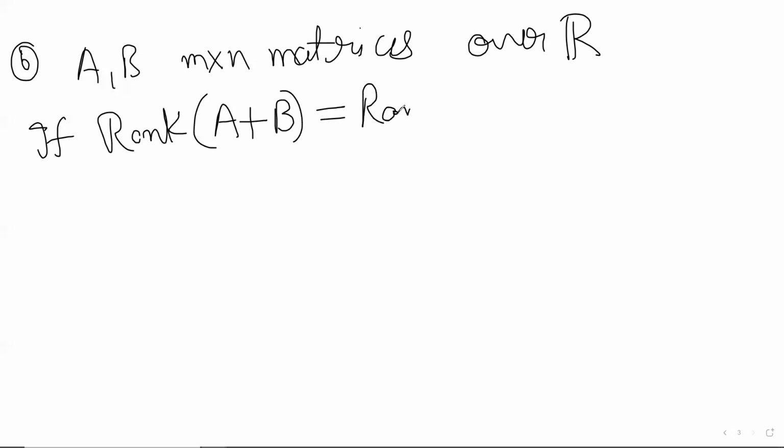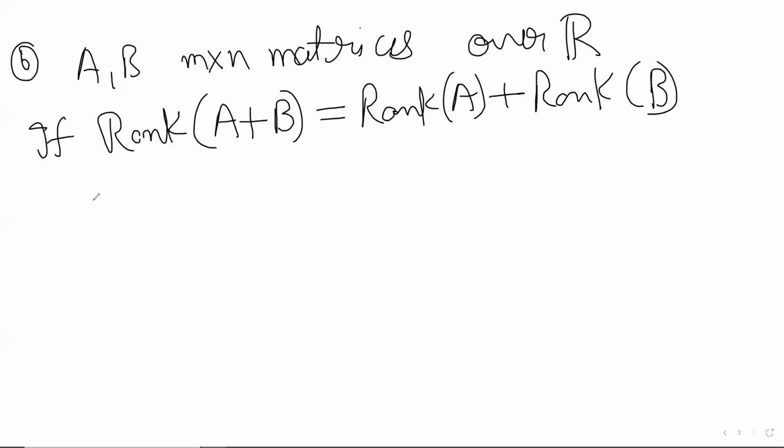rank A plus rank B, then the intersection of the ranges of A and B is equal to 0. There should be some 0 one cross N matrix. Okay, so rank of A